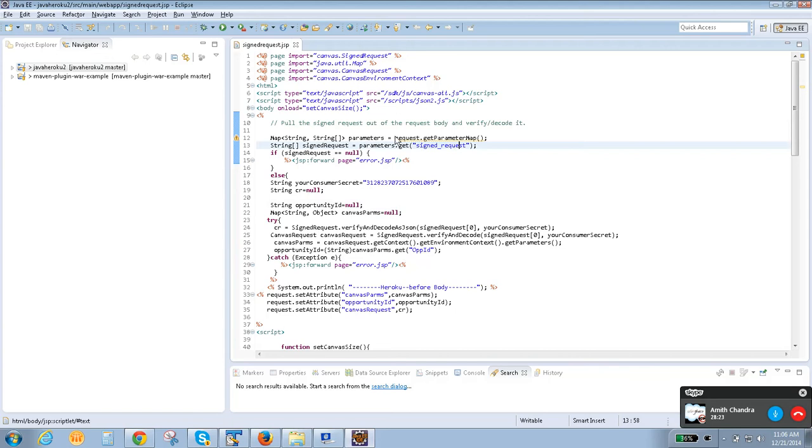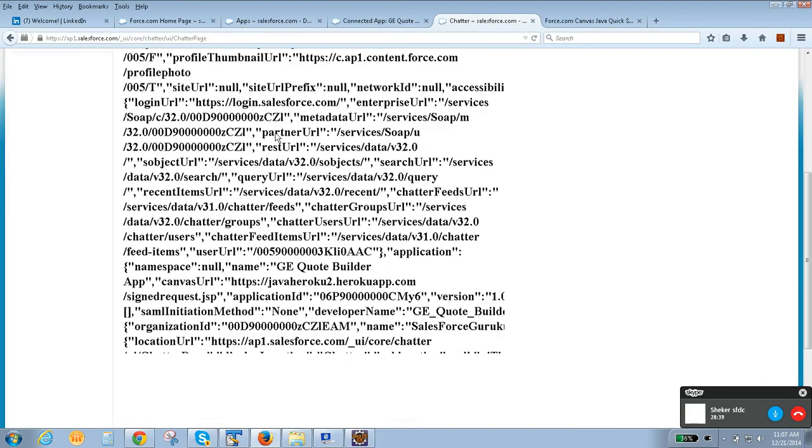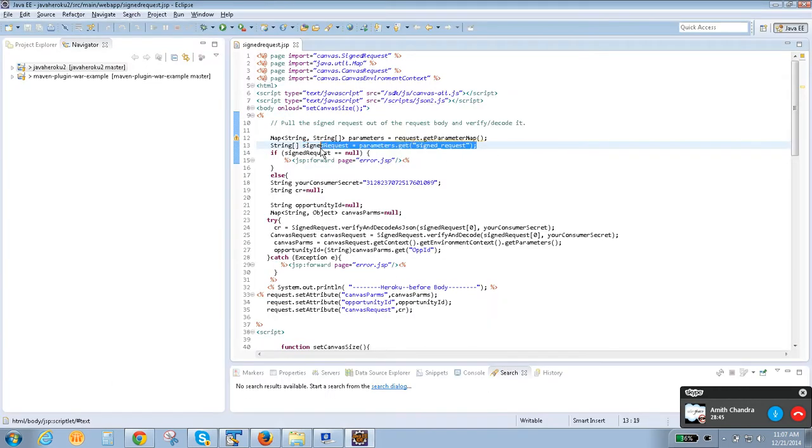It will be within the request parameters. You know, the request has a lot of parameters. Once you get this particular map, if you look for the signed request, it will be there. If the signed request is there, then it has all the parameters, let's say instance URL, partner URL, application name or application ID. Everything will be available in this particular parameter map.